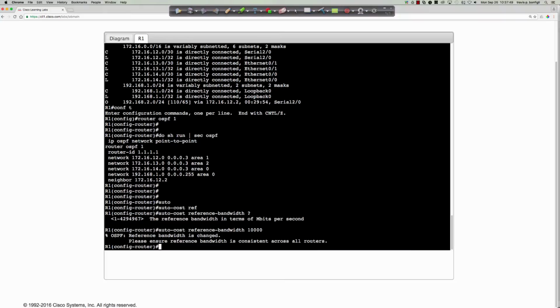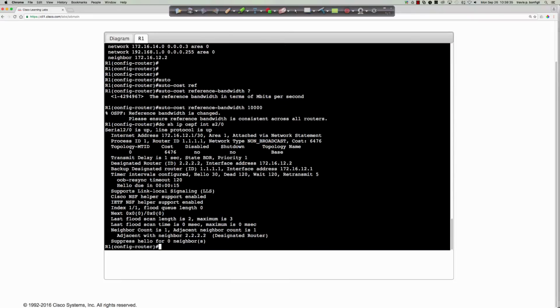So we'll go ahead and hit enter now. And you'll notice, this is very important. It says, please ensure the reference bandwidth is consistent across all routers, and that is very, very important, because you don't want some routers using one reference bandwidth and other routers using a different one. You can end up with unexpected results, one of them being asymmetric traffic flows, where traffic egresses in one direction but then ingresses in another direction due to the reference bandwidth being set to a different number. Now if we do show ip ospf interface serial 2/0,